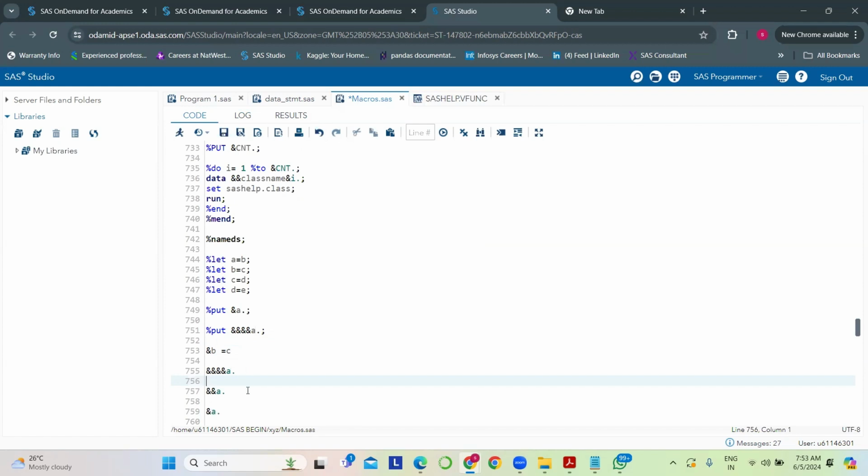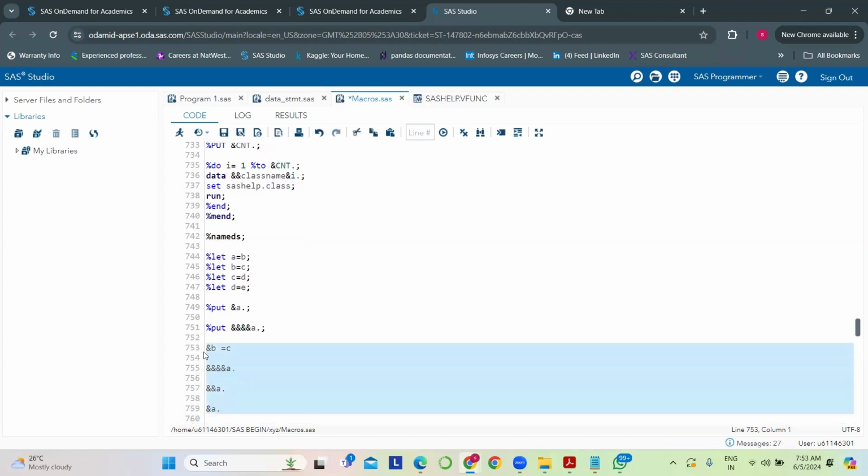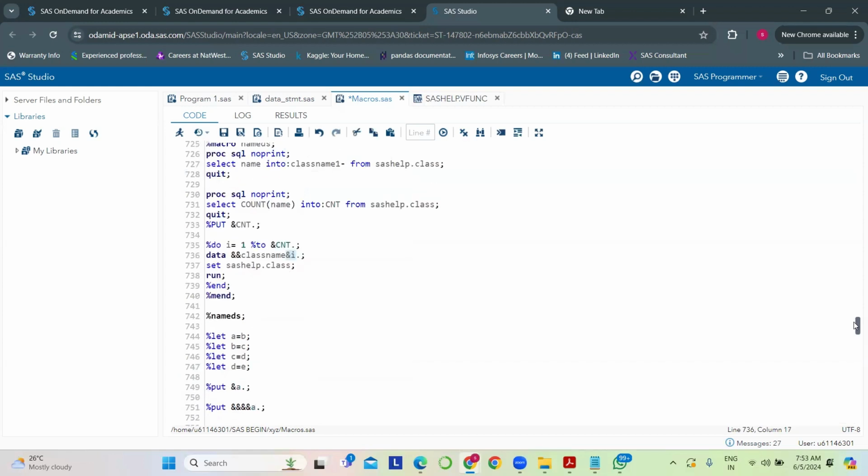Yes. So this is the way we normally use this kind of multiple ampersands in the do loops, ma'am. Where we want to, in this way, first you want to resolve this I, right? And after that, you want to resolve this class name. Okay. So for example, if you just only mention this one, single, this normal, sorry,